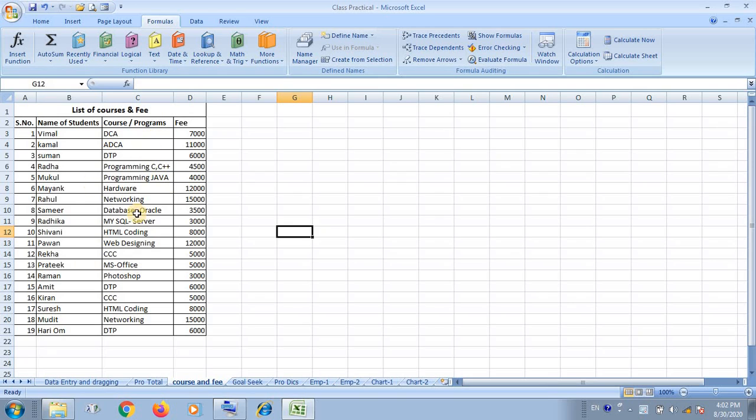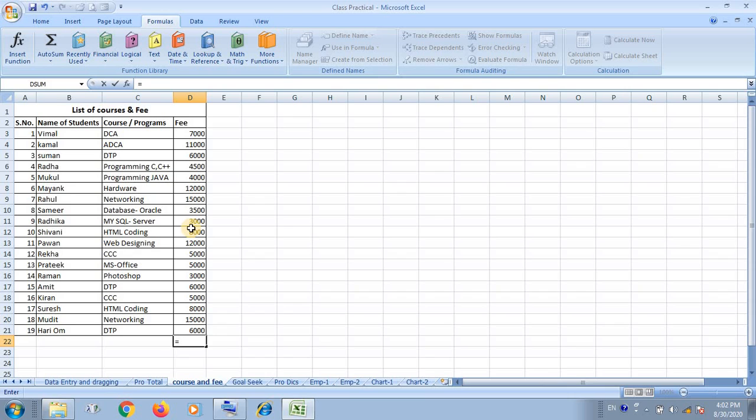You are looking here at one spreadsheet with courses and fee. I have to calculate, according to courses, the total fee. Firstly I want to explain how you can calculate sum.